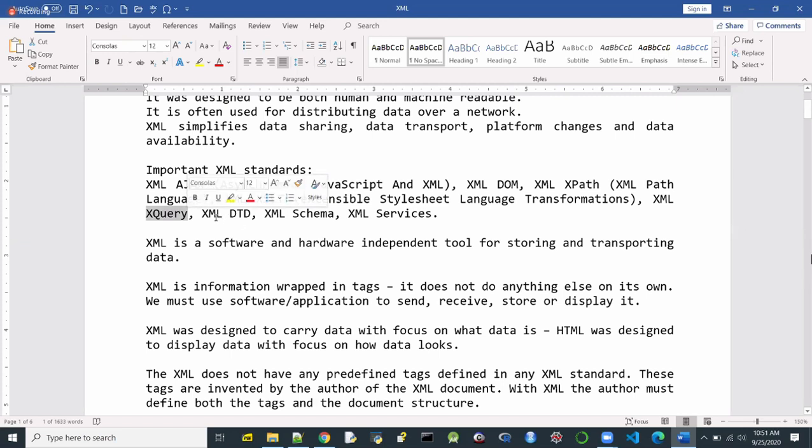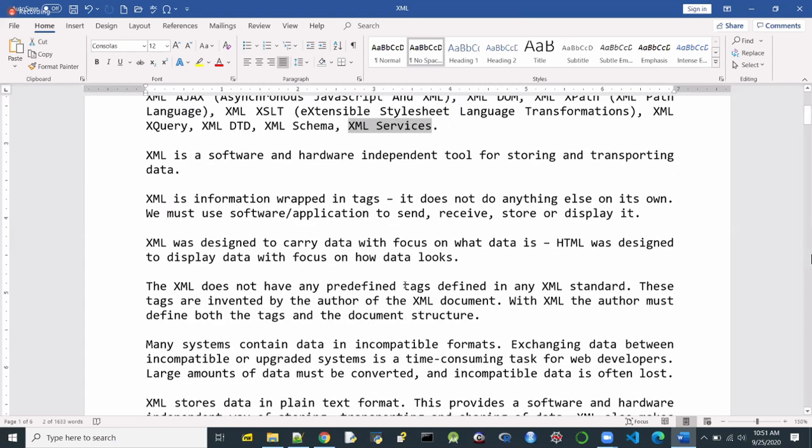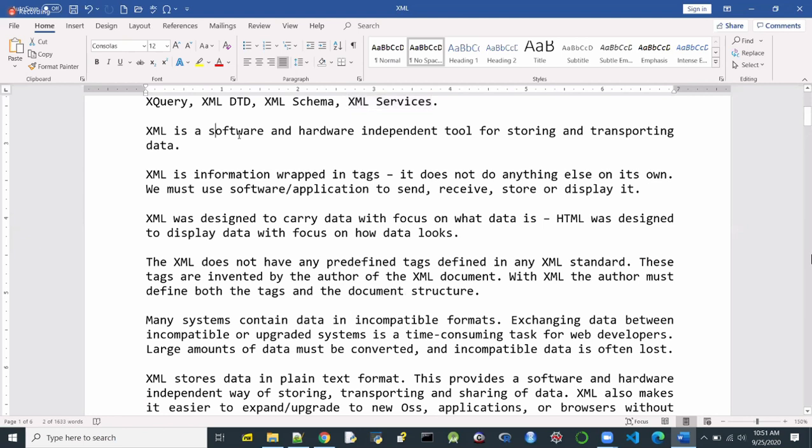We don't discuss that, but we will definitely be focusing on both the Document Type Definition, that is DTD, as well as schema. We will have an extensive discussion regarding DTD and schema, and then there are plenty of other XML services as well. One important thing is XML is independent of any software, any programming language, or any hardware platform.